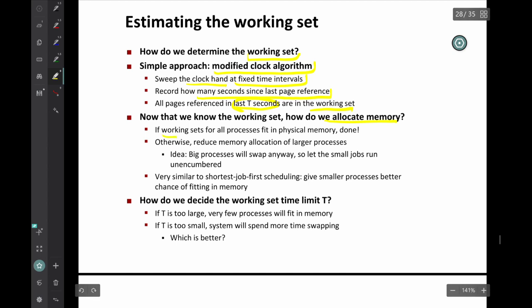If working sets for all processes fit in the physical memory, then we are fine. Otherwise, we have to reduce the memory allocation of larger processes. The main idea is that if you have big processes, they will swap anyway. So we just want to let the small jobs run fast. And this is very similar to shortest job first scheduling, where we give priority to smaller processes for getting